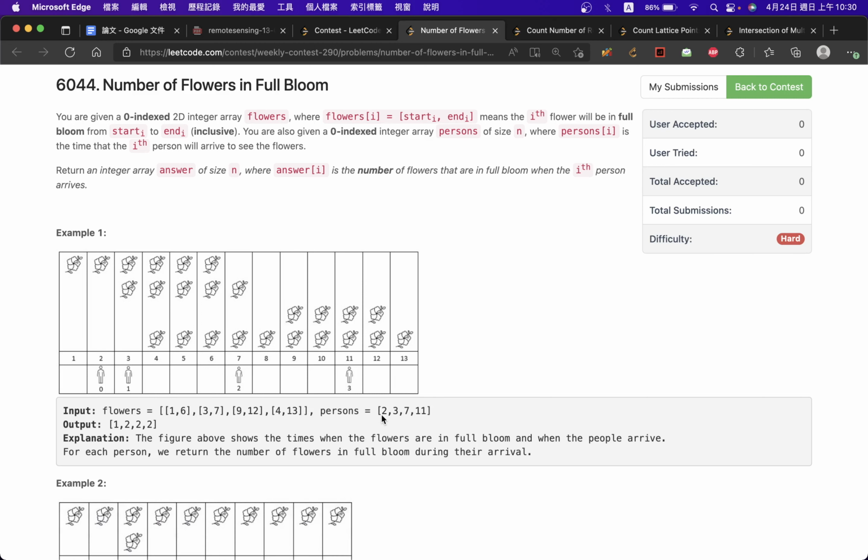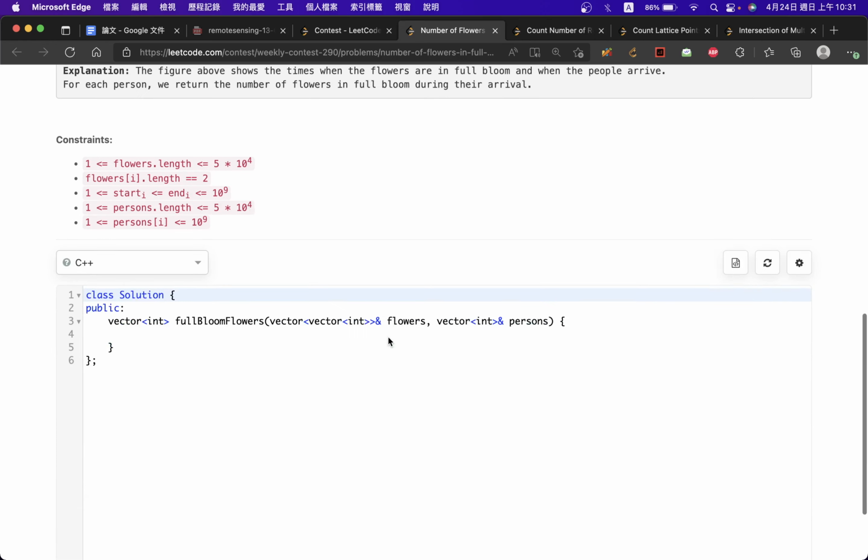So, 2, 3, 7, 11. Fully bloomed. So basically we figure out that this will be 1, this will be 2, this will be 2, this will be 2. Oh, it's just the range segment. So we say